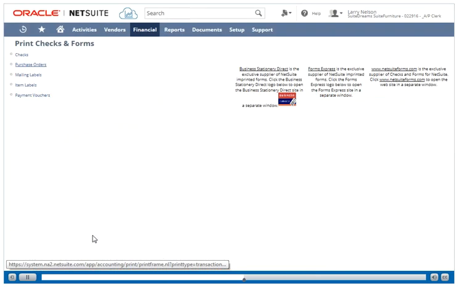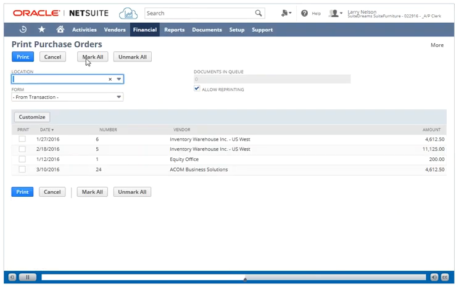I'll dive into the Purchase Orders form. So purchase orders authorize vendors to provide items, materials, or services to the buyer. When that purchase order is entered, it tracks the items expected to be received, that were received, and items yet to be received. The Print Purchase Orders page has a location field where I can select which warehouse the purchase